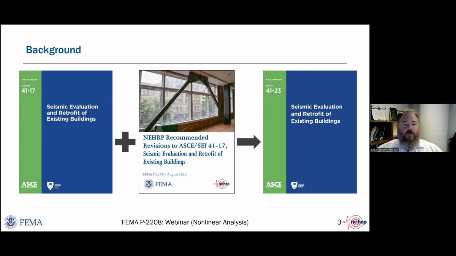So one of the things that FEMA chose to do, which as the chair of the committee I was eternally grateful for, was to fund applied research to tackle challenges that volunteer professional committees do not have the bandwidth to undertake. As many people know, ASCE 41 is a volunteer effort done under the banner of the American Society of Civil Engineers, specifically the Structural Engineering Institute. The volunteer committee does vet all of the proposed changes to the standard, and through the ASCE consensus process, that is how the standard gets updated from 41-17 to 41-23.